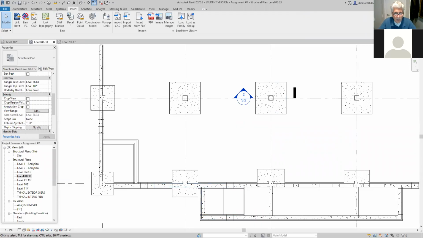Now, what I want to do is, I hope you're all at level 88.33. Okay, make sure you're at level 88.33. And if you don't have what I have in front of me and you see hidden lines, that's because I went and I tweaked my view range, and that's why I was able to. What I like to do is, of course,